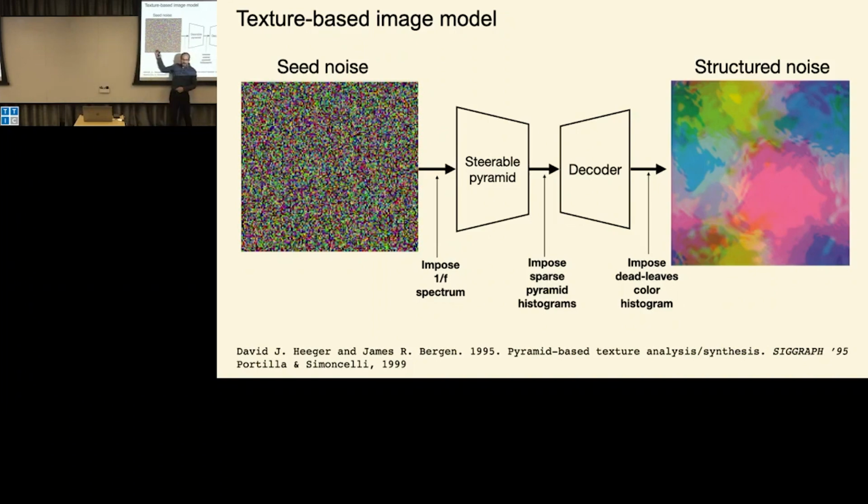So you have a seed as noise, and after you impose this to have a 1 over f power spectrum and sparse image statistics in the outputs of derivatives, you get images that look like this. And you can generate lots of them by sampling different slopes of the power spectrum and different coefficients for sparsity. You get all kinds of different images. And you can again generate lots of them. Very simple process, relatively easy code to write. ChatGPT can write this code for you.